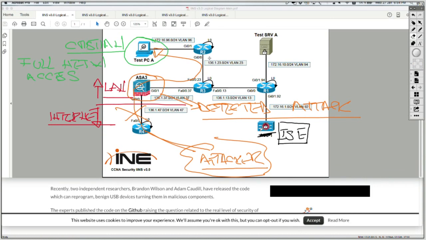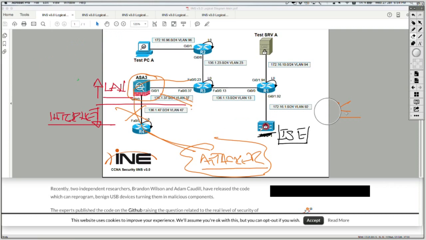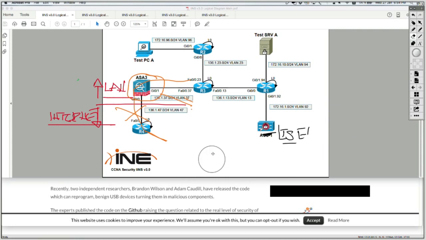Let me lay this out to begin with. At this point, when Christian's endpoint got infected, the firewall has detected that and blocked the attacker. But now, because of that malicious code which got installed on Christian's endpoint, it is as if the attacker is on the inside of the network. Actually, what you would want your architecture to do is you would want ASA3, the firewall, the attack detection device, to signal to